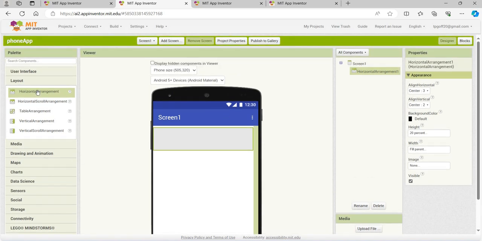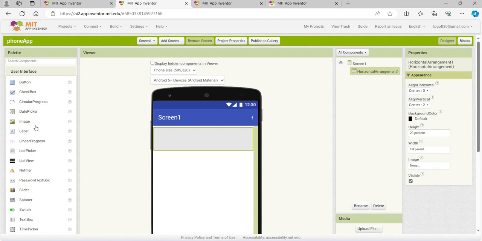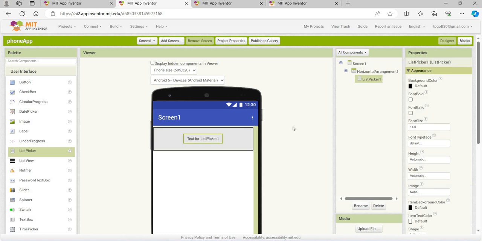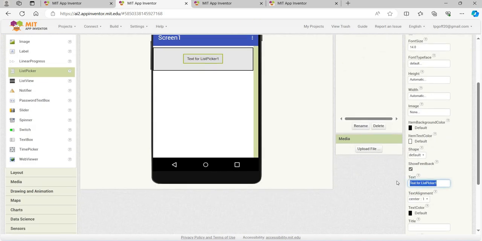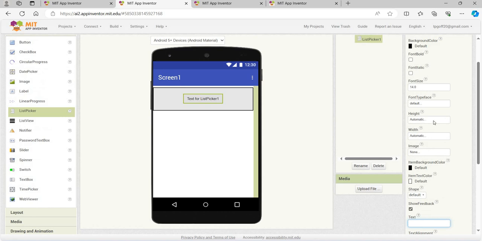So now we've got that horizontal arrangement, we're going to add a user interface in it, and in this we're going to put a list picker. So I'm going to drag a list picker in here, which has automatically put it in the center. We're going to have no text in there because I'm going to put the Bluetooth logo in there, and you click on that and that will bring the list of available Bluetooth devices and then allow you to connect to it. So height, what I'm going to do is automatic. Width, I'm going to do 30%,